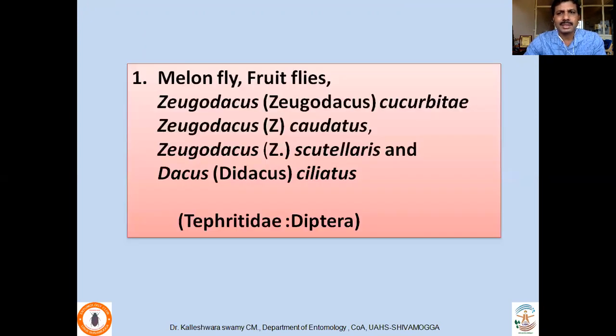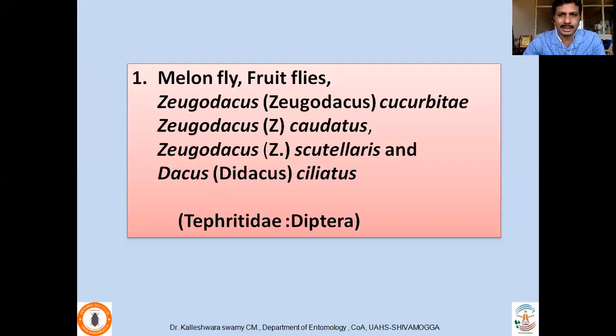In fact, one of the major pests which infest the cucurbits are the fruit flies. They are called the melon fruit fly complex. All these melon fruit fly complex respond to a pheromone called Q-lure. Similarly, we have a mango fruit fly complex, which is attracted to a pheromone called methyl eugenol. The important species which infest the melons are Zeugodacus cucurbitae, Zeugodacus caudatus, Zeugodacus tau,